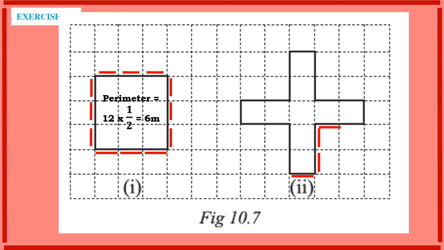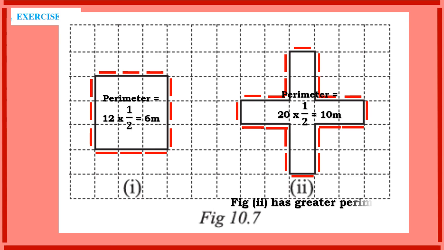1, 2, 3, up to 20, so 20 sides are there. The same 9 slabs arranged differently. Now see the difference in the perimeter. See the difference when you change the shape. So the perimeter here is 10 meter. So the second figure